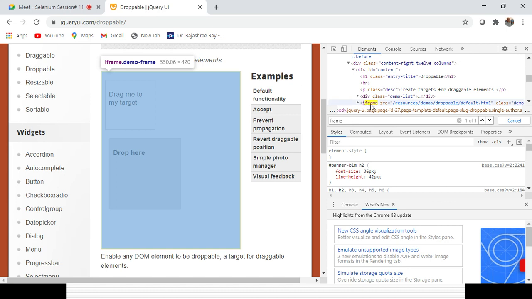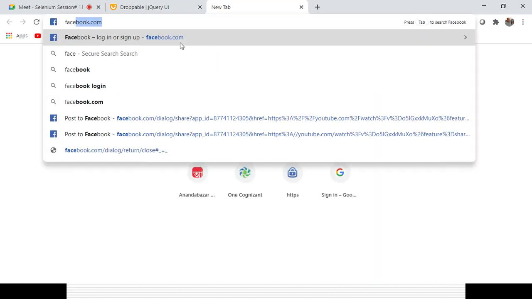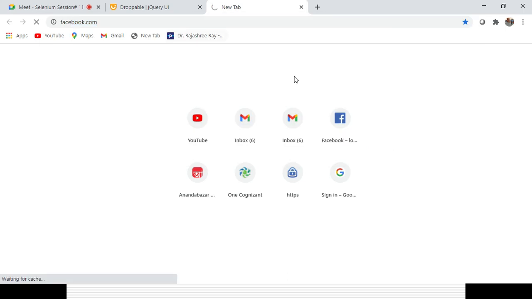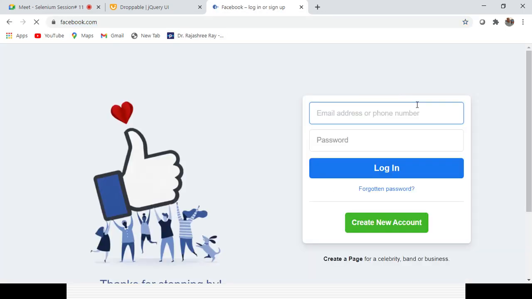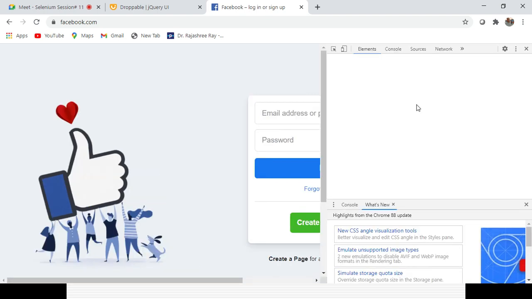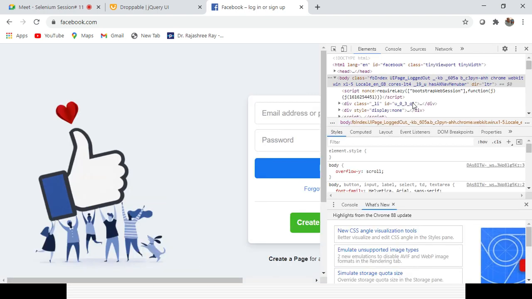In case iframe is not available in a web page, say Facebook, let's try to find whether any frame is available on the normal Facebook page. Press F12 or right click and choose inspect, then press Ctrl F and try frame.